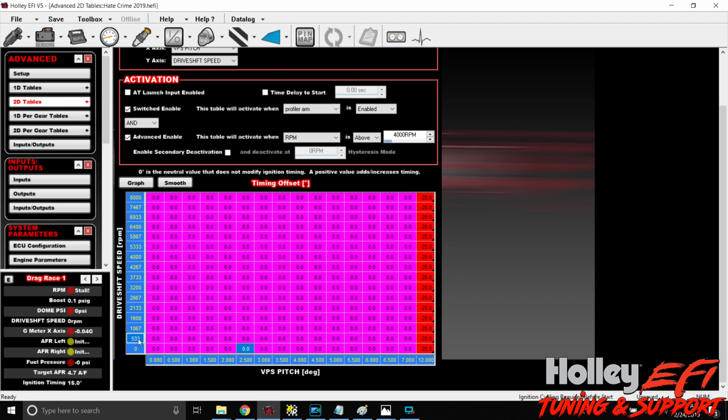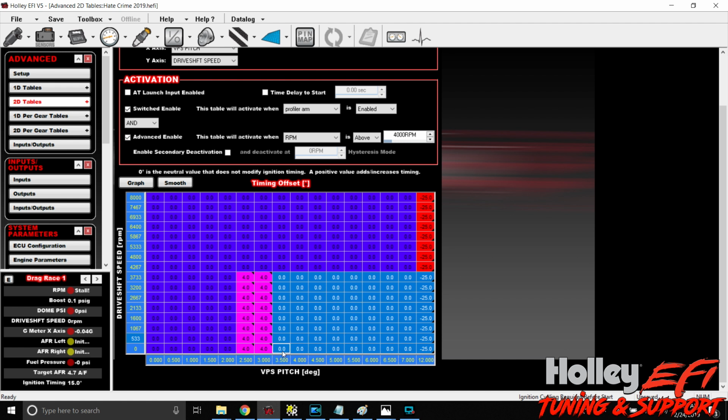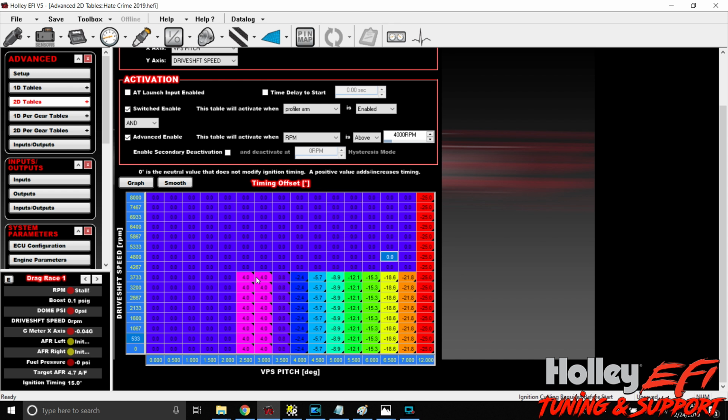But it's going to interpolate between 0 and 533 RPM. So if we start at 2.5 degrees of pitch and maybe up to 3,700, we'll pull, let's say, 4 degrees out, right? So we're going to pull 4 degrees out across 2.5 and 3.0 degrees of pitch. And a quick way to do this would just be left click, hold, highlight all of this, and then right click and fill row values. So rows are horizontal, columns are vertical. So fill row values, and now we've got a nice pretty graph here of timing removal ramping up to 25